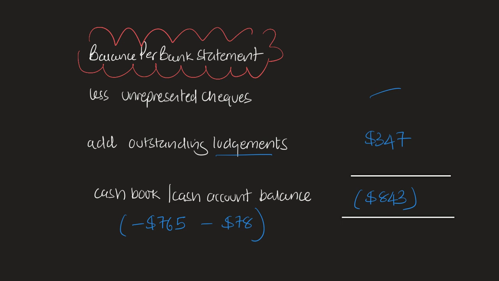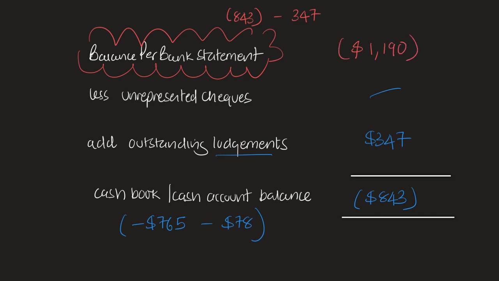Now remember, you want the balance as per your bank statement to work down this equation so that when you add $347 to it, it does give you the cash account balance or the cash book balance at $843 negative. So in order for that to work, you're going to need to rearrange this equation. So you've got the 843 negative, okay? And if you are going to work backwards, you're going to be minusing the $347 so that the actual amount that you get as per your balance in the bank statement is going to equate to